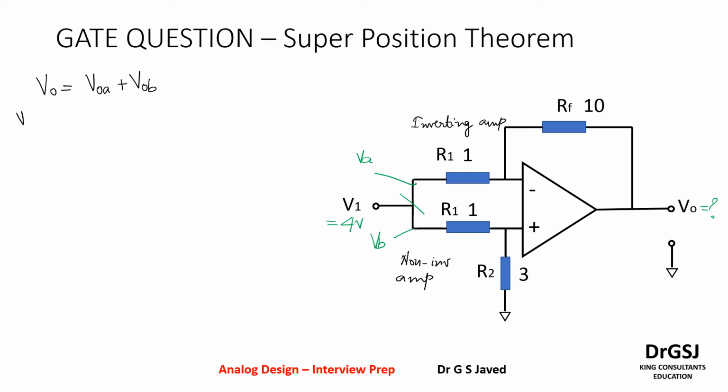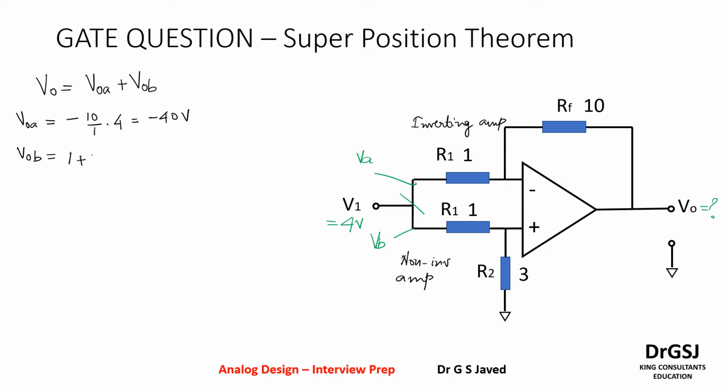So the corresponding output equations are given as minus Rf by R1, so that is minus 10, R1 is 1, times V. What is V? V is 4 volt. So it is minus 40 volt. Now the output due to B is a non-inverting amplifier. So it is 1 plus Rf by R1,